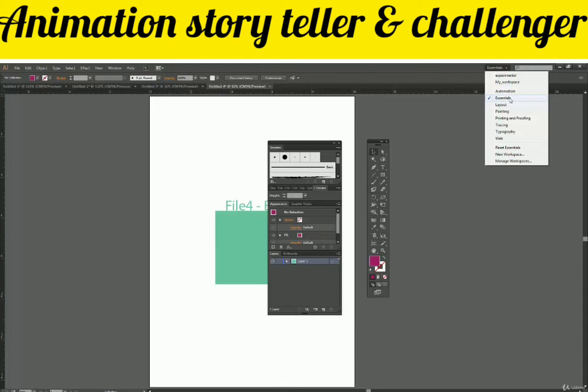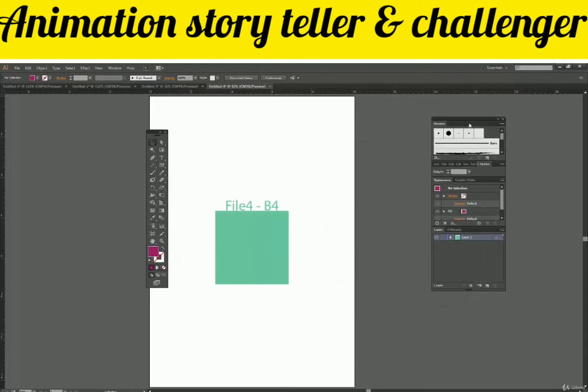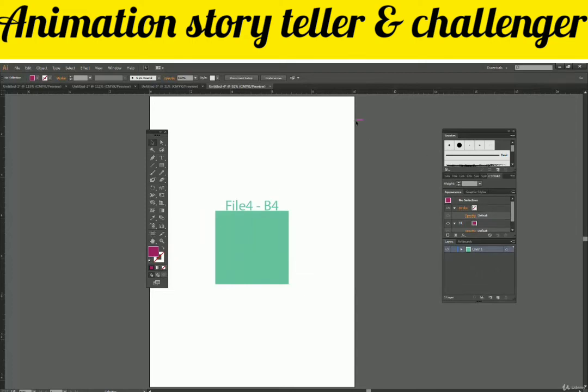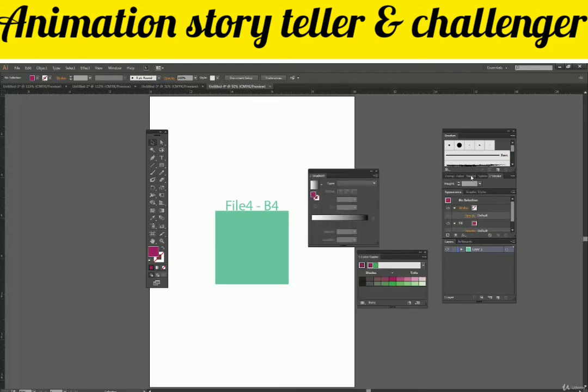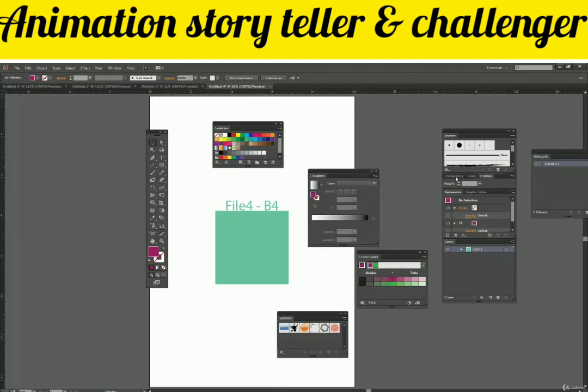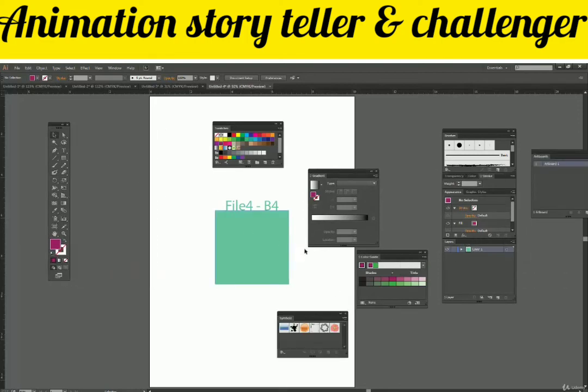That means my current workspace is Essentials, and the changes I do in it are saved every time I do something. So let's say I change all these things over here. All this comes under the workspace arrangement. So this is how my workspace looks right now.